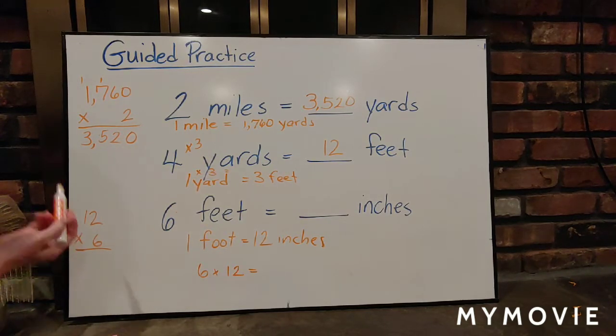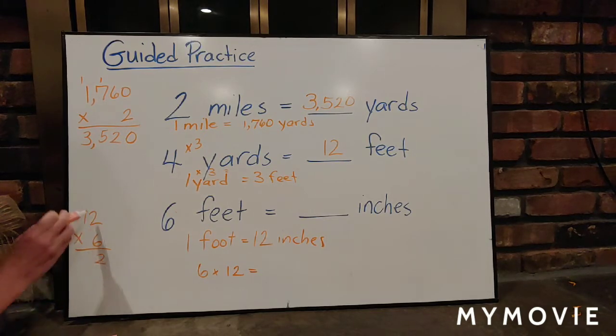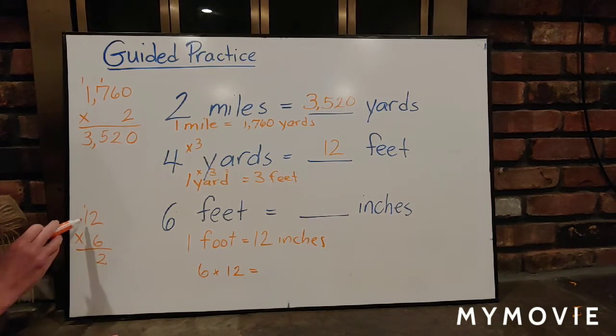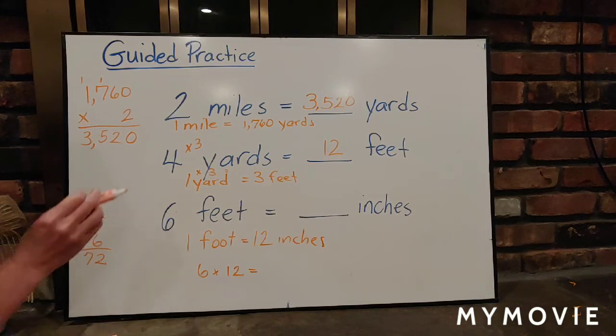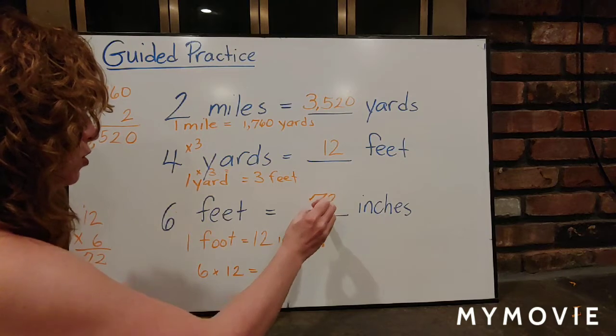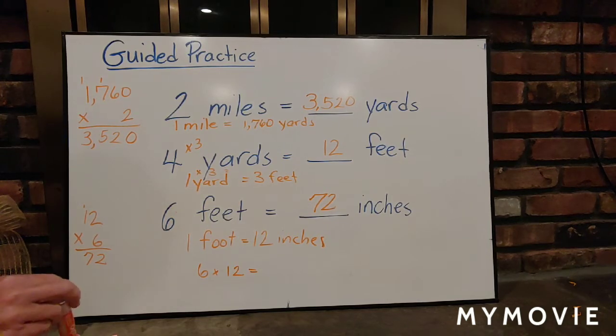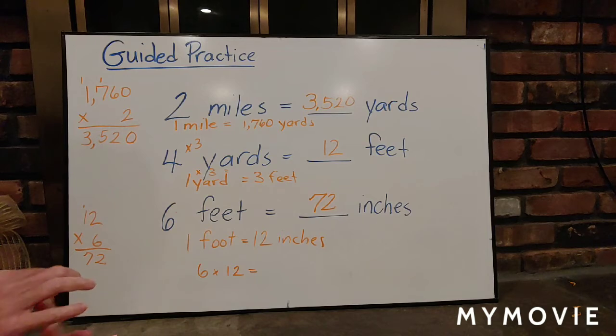But we'll do it just for fun. 6 times 2 is 12. Put the 1 up. 6 times 1 is 6, plus 1 is 7. So 6 feet equals 72 inches. You are going to continue this lesson on IXL Math,